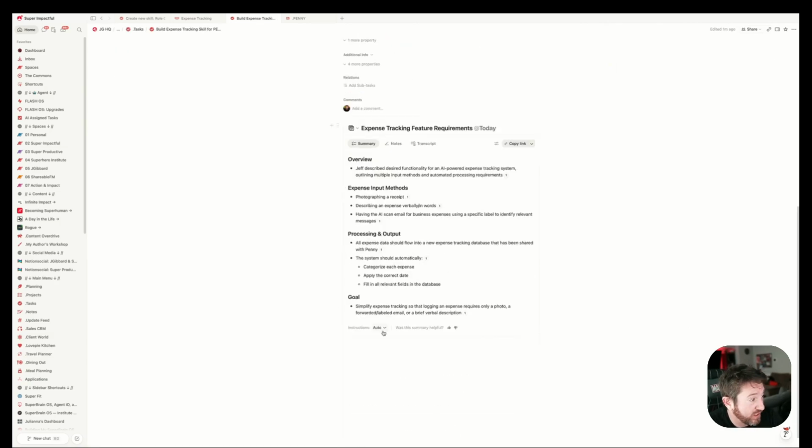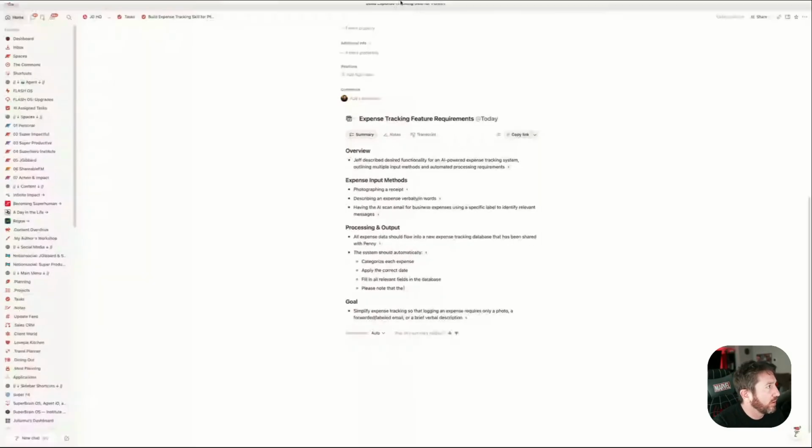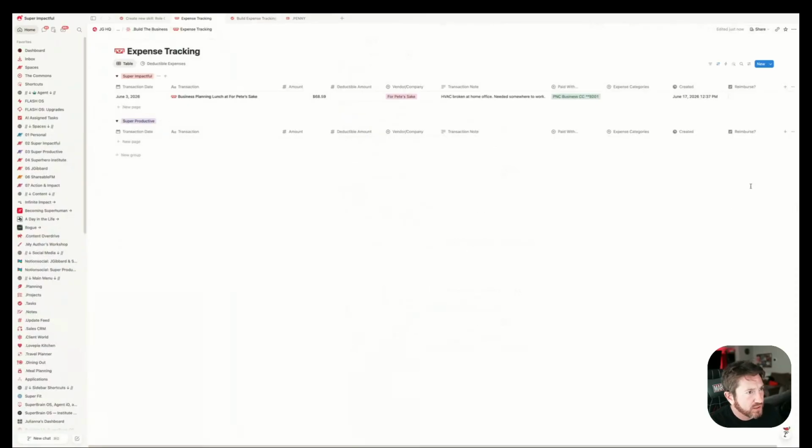So okay, now I've got all this, and I'm just going to add categorize expense, probably date, fields. Please note that the total, I have it as amount, that the amount and deductible amount may be different. Please consult the table for more information. And with that, I'm just going to go back real quick to this,